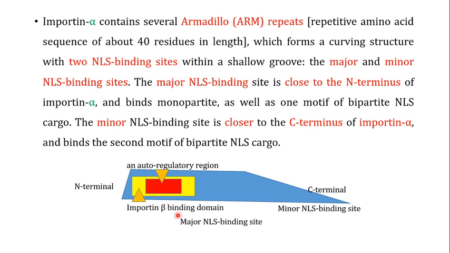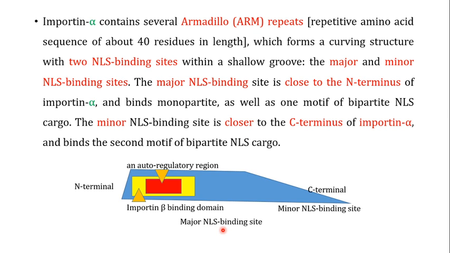Now, when the importin-β domain is removed by the binding of RAN-GTP, this autoregulatory region will now be exposed. The structure of this autoregulatory region is very similar to the nuclear localization signal of the cargo protein. So, when the importin-β has been removed, this autoregulatory region moves and binds to the major NLS binding site, and when it binds over here, it actually displaces the cargo protein from the major